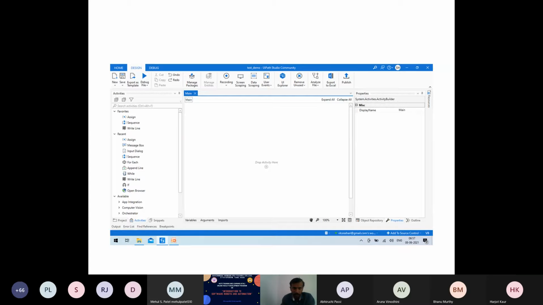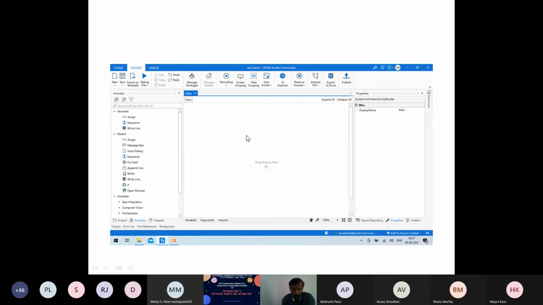This is what we said yesterday, that activities or sequences or some processes to mimic human actions are already pre-written and available in the tool. So these are in the form of activities here. Now I'll just click on that activity, drag, and drop this activity in this space, where you see this main drag activity here.